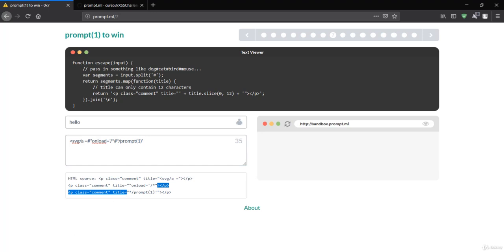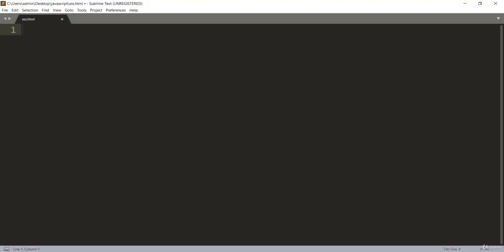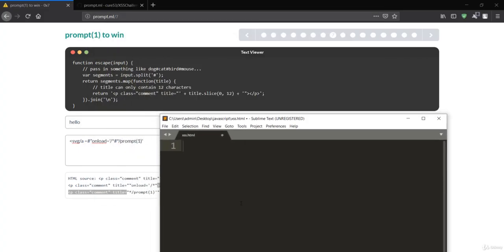If I run my Sublime and show you what the payload looks like, here our simple payload will be SVG, and it would be /a, which would be any attribute, and we'll have the onload method, and in this onload you will simply call your prompt. So it should be prompt of 1. This will be your complete payload.